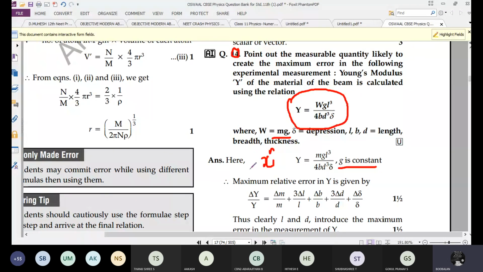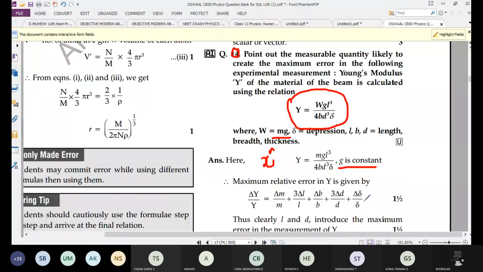So 3 into del L by L. Plus 1 by 4, that is the constant, no need to worry about constant value. Plus del b by b. Plus 3, that cube also will come in front, 3 into del d by d, plus